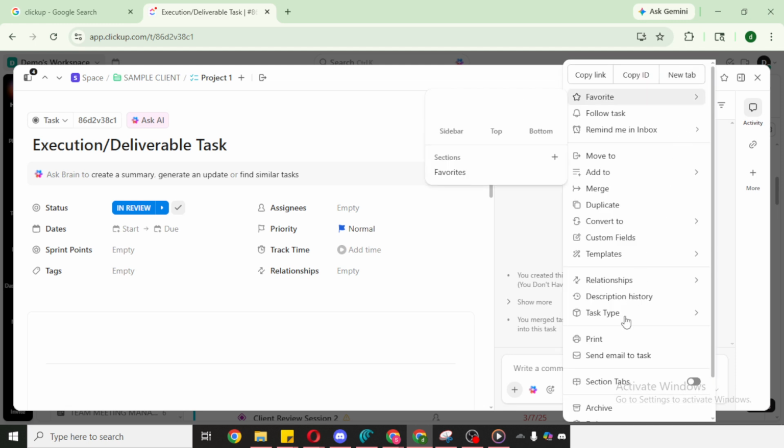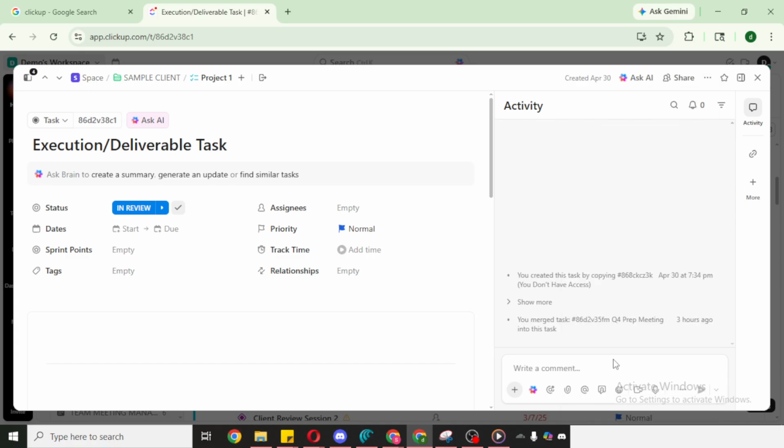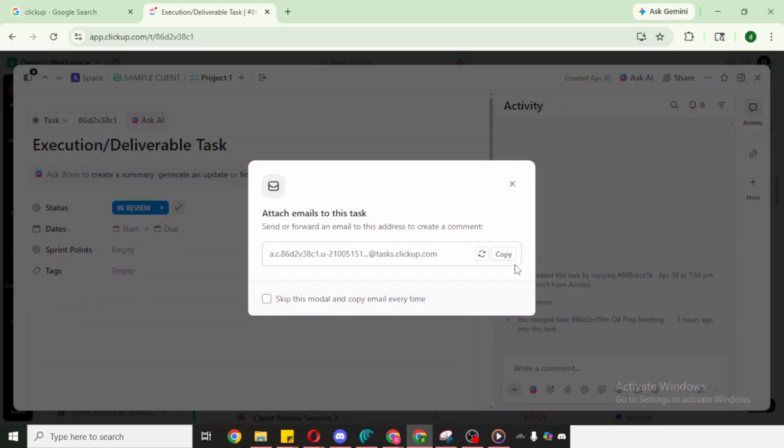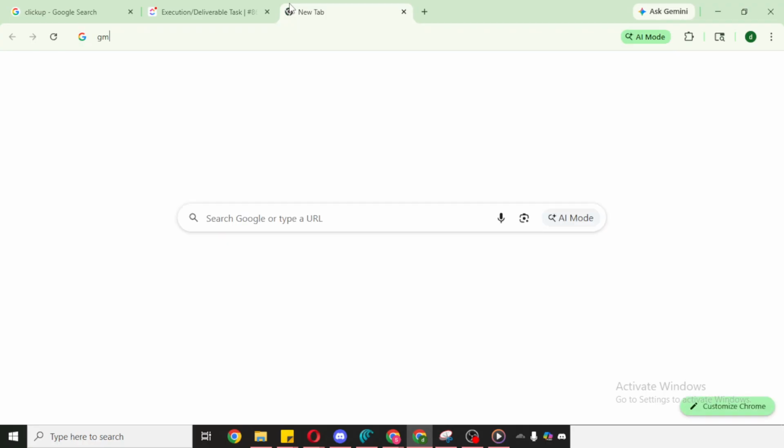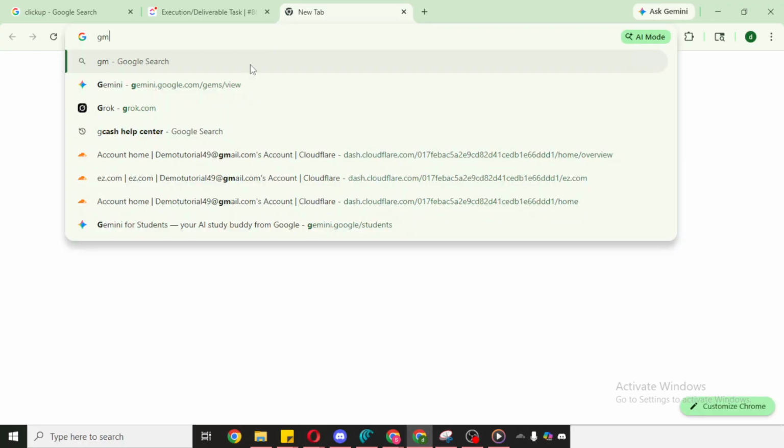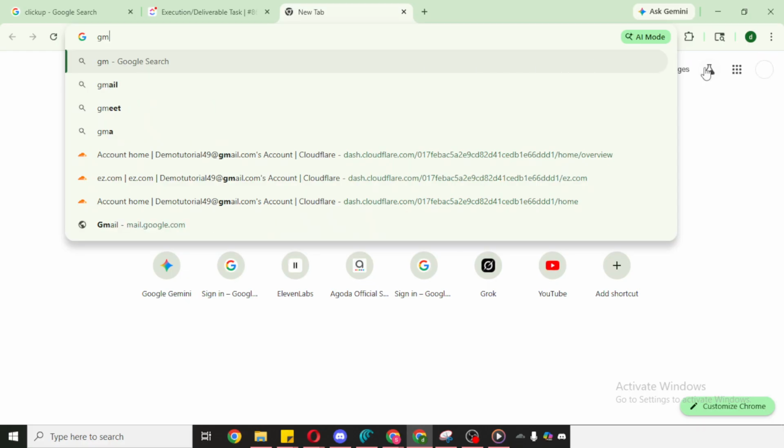Now head over to your email app, open a new message and paste the copied address into the To field. If your email supports it, you can also add attachments. They'll carry over with the message. Compose your message. Use the subject line as the description or headline for what you're sending. Keep it clear and concise so the update is easy to recognize in the task.